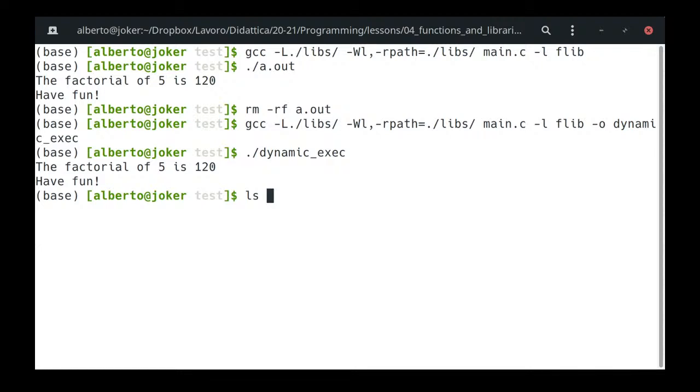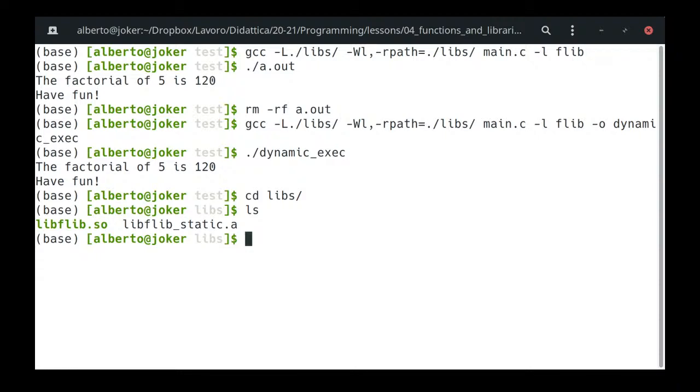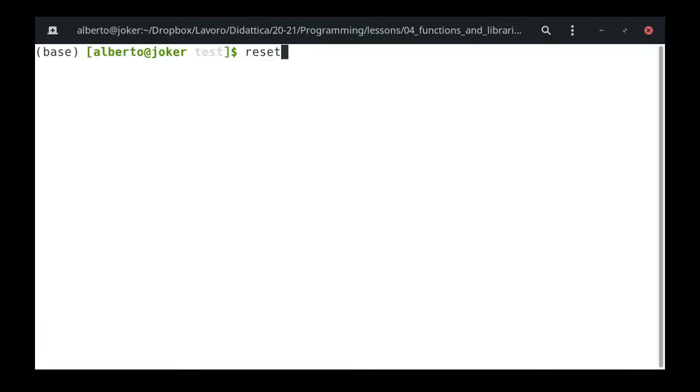Okay, so let's assume, for instance, that during the compilation you have your library in the directory libs, but eventually you want to move it to a different directory. So how can you do it? We have just seen that if, after the compilation, you move the library, you end up in a mess. So how can we link an executable to a library which is not already in the correct position? Well, this can be done by